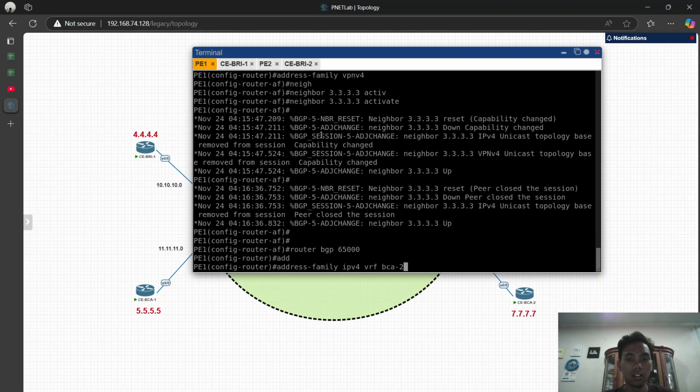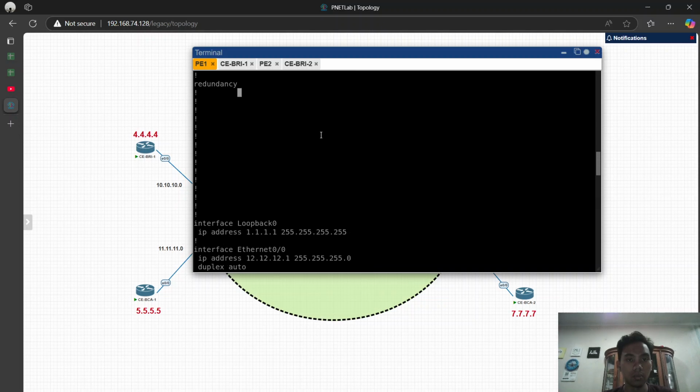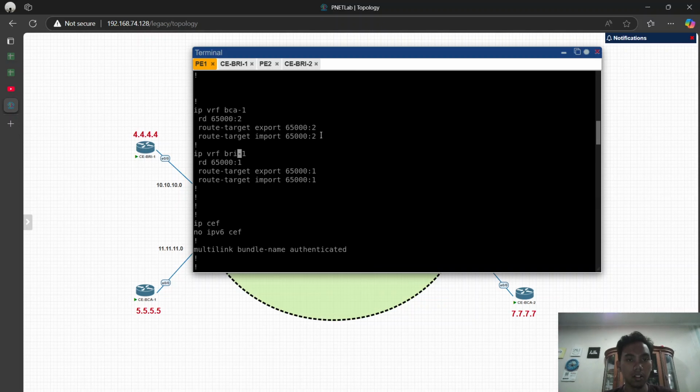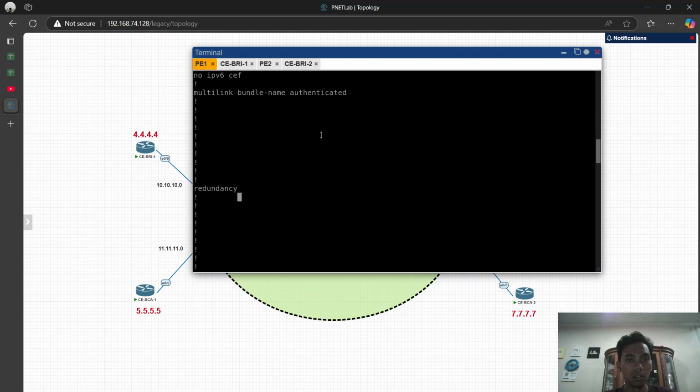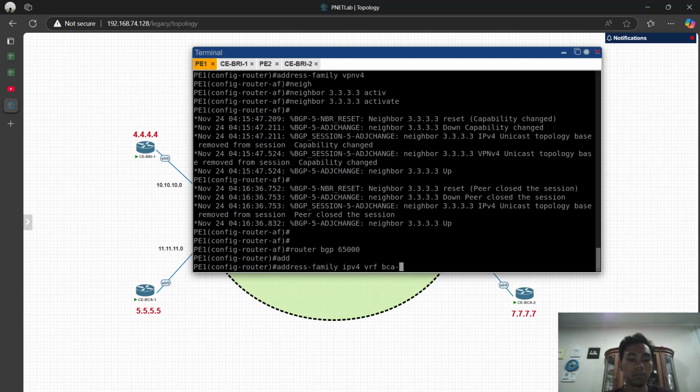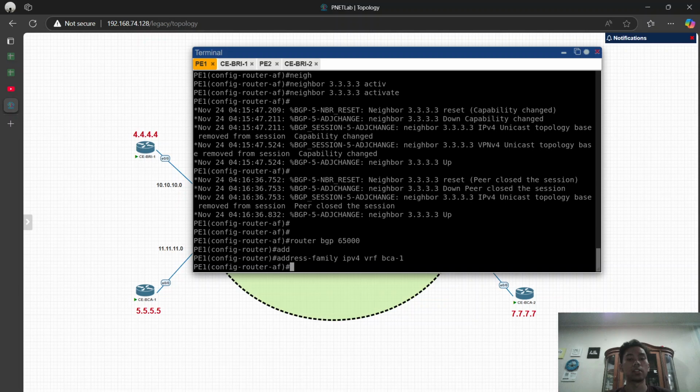Okay, because we have set before the BCA1, sorry, BCA1. Okay, we submit the IP VRF, which is the BCA1.